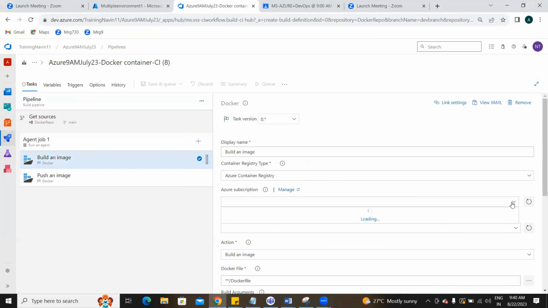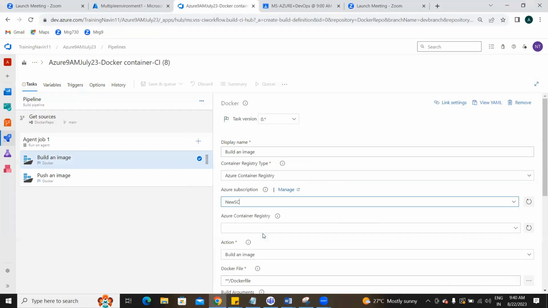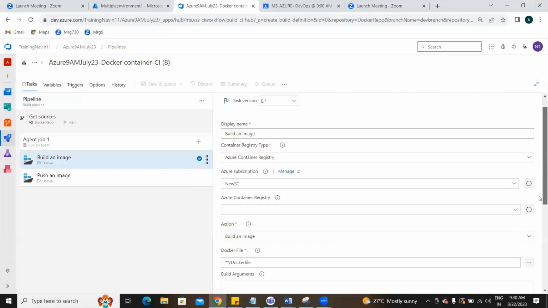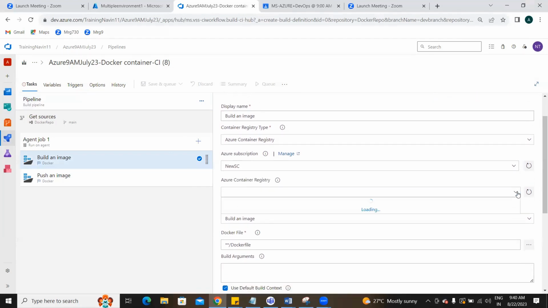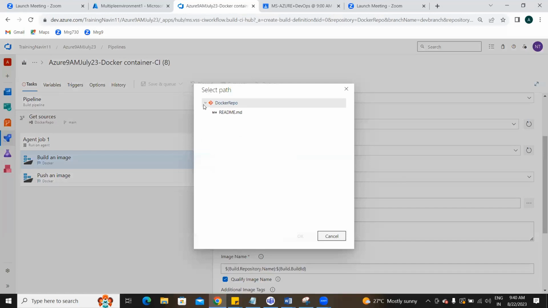Why is it taking so much time? Service connection. Now, multiple environments. Come here. We'll go and change our file. The file is not here.